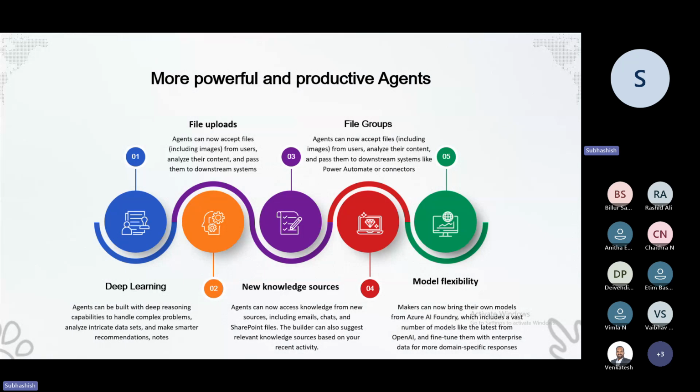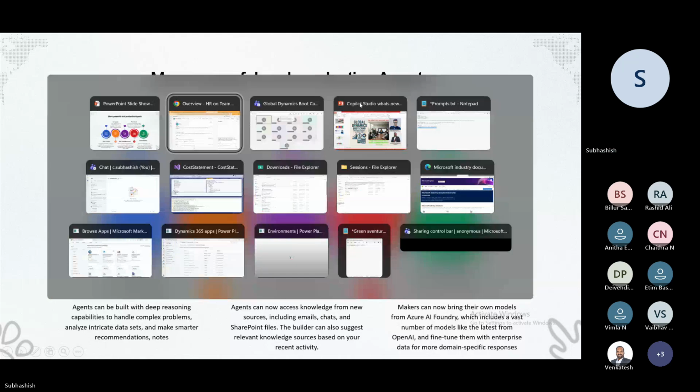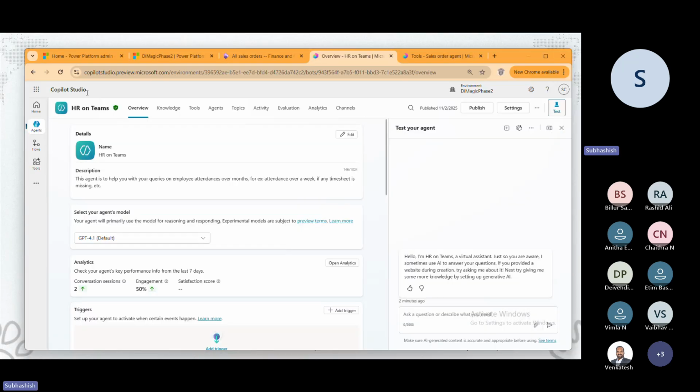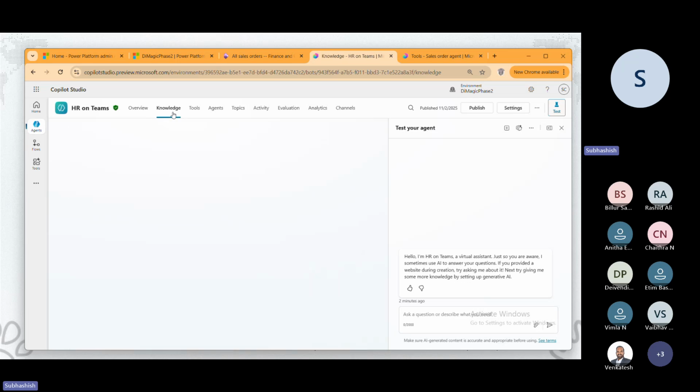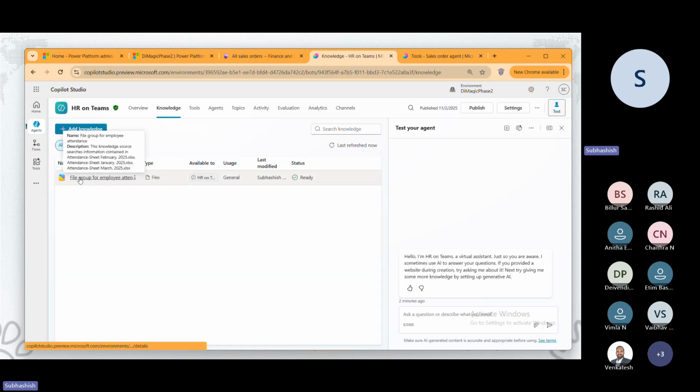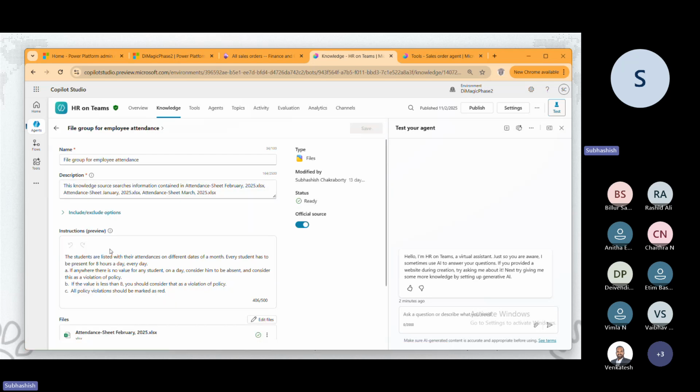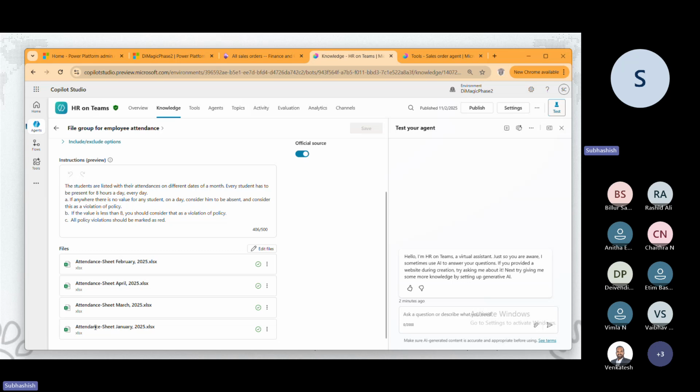So if I am going to tell you like this. Okay, let me take you back to this Copilot Studio agent. And if I show you this knowledge in here, I have created a file group called file group for employee attendance. It's a very simple file group. If I click on this, you see there are certain attendance registers. For the month of Jan, Feb, March, April, like that, I've uploaded certain daily files, and have given